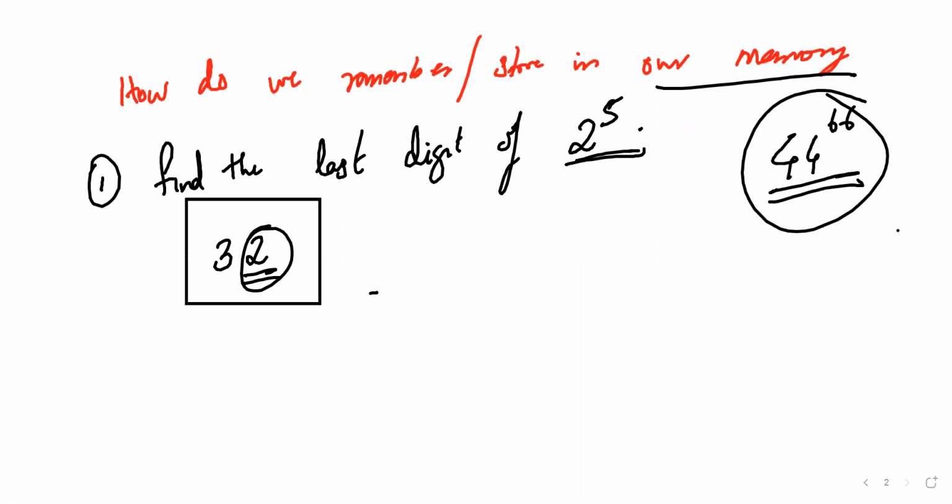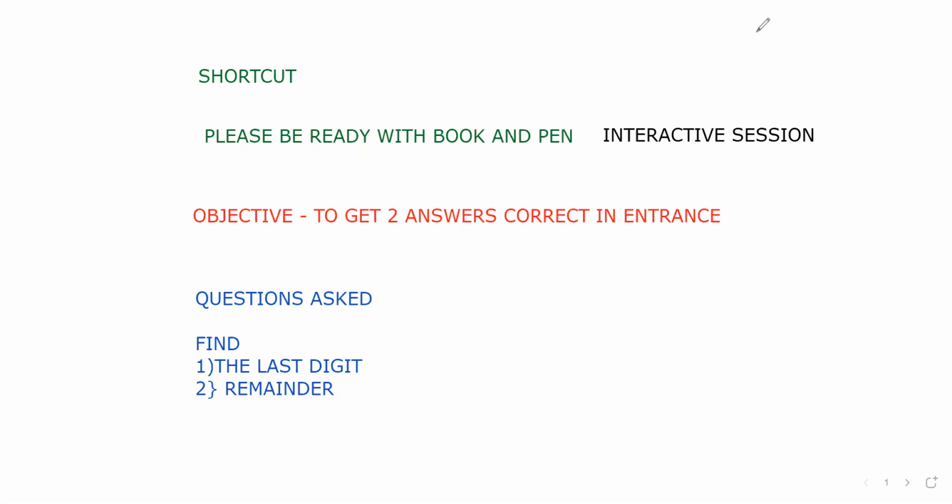Correct. So Nirub, I hope you understood what I'm trying to speak. Yes, sir, got it, sir. Yeah. 2 power 5 answer 32, you know or you don't know? You know, right? Sir, I was knowing, sir. Then why didn't you message me in chat, or speak up? This is an interactive session, guys. Just want to tell you. Yes, sir.